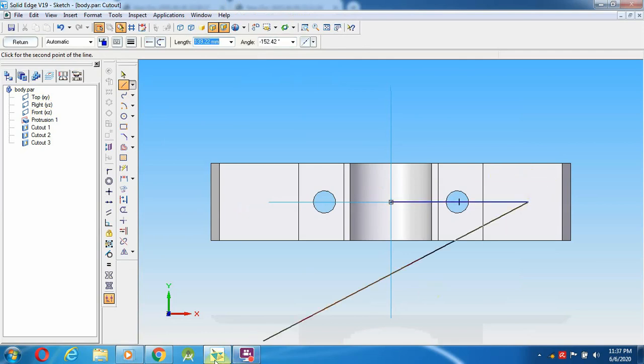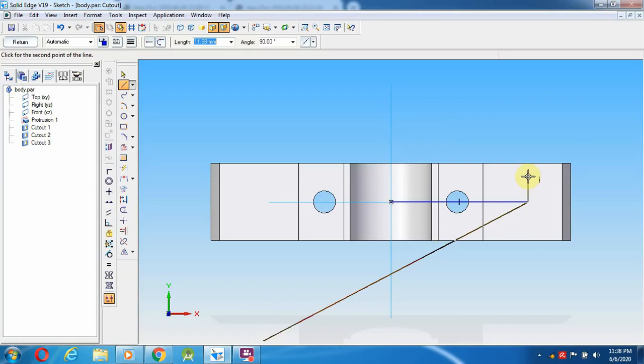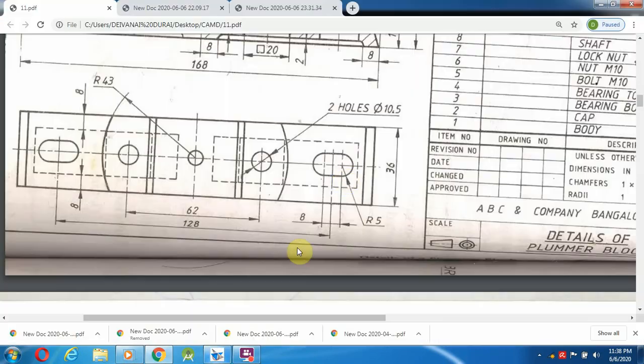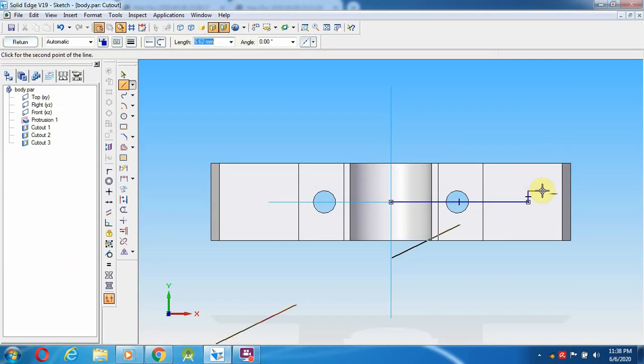After that I am going to construct this radius 5 mm. So select a 5 mm, and from how many mm the distance they given from the horizontal one will be the 8 mm. So 8 means this is the side 4. Now I'm going to give 10 mm. So again 8 horizontal. So now this will be 10, going to close over here.